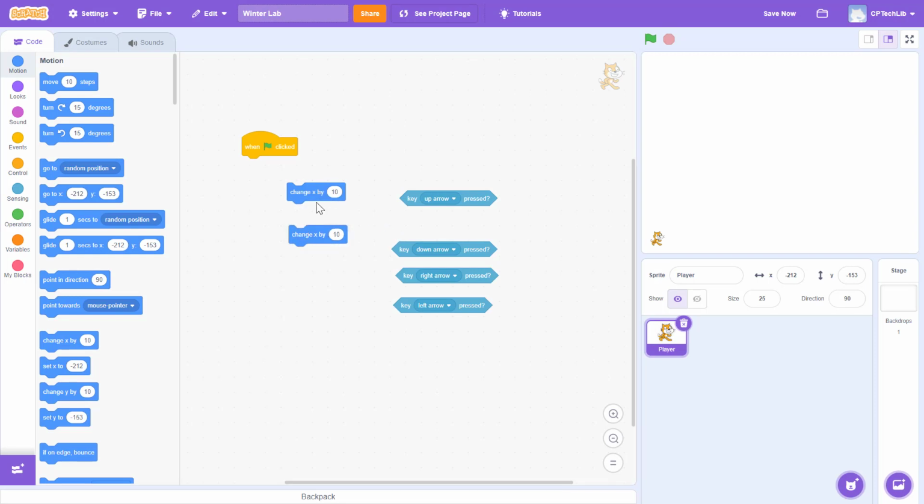So X is left and right on the screen. So when we tell it to change X by 10, that means it's going to move it 10 pixels to the right. If we go -10, when this works, it'll move the thing 10 pixels to the left. Okay, so now